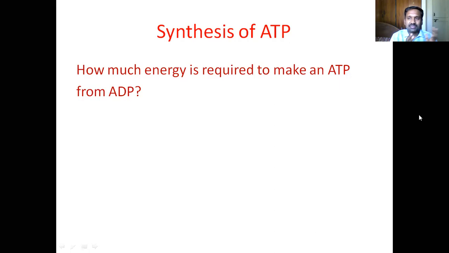So the hydrolysis of ATP releases so much energy. Then how is ATP synthesized? Through a reverse reaction. What is the forward reaction? ATP hydrolyzed to ADP. What should be the reverse reaction? ADP is phosphorylated to ATP. So how much energy would this reverse reaction require? From the laws of thermodynamics, we can answer this very easily. If the forward reaction is exergonic, the law tells the backward reaction is equally endothermic.